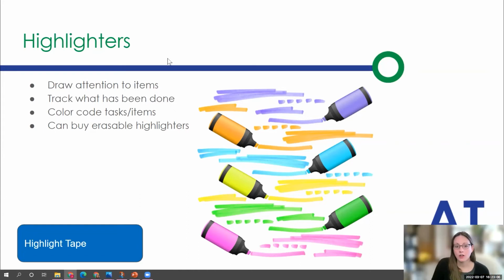Another thing that we all have on our desks are highlighters. I should be more prepared for this presentation, but they're literally right next to me. I have an entire cup full of different colored highlighters, different thicknesses, and we use these in a lot of different ways to draw attention to items, to track what's been done, color code tasks or items. And the other thing that's really cool, and I think I probably have these in my desk here somewhere, is they make